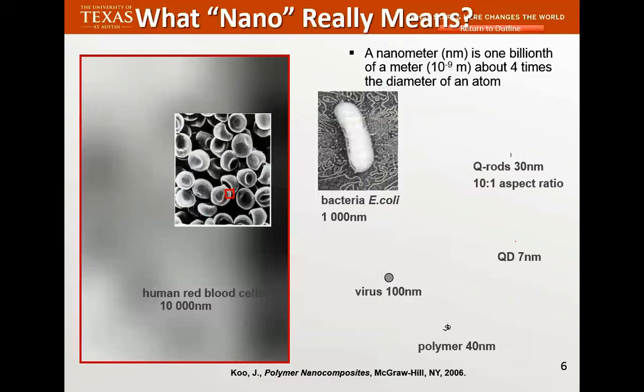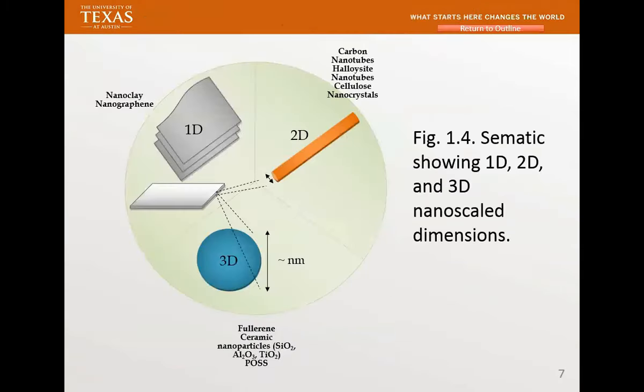Okay, it's 1,000 nanometers. I want you to concentrate on polymers. This is what I call polymer nanocomposite. I don't deal with metal nanocomposite. This is polymer. The polymer coil, the polymer chain, is roughly 40 nanometers. So when you have this polymer coil, this polymer chain, interact with the nanomaterials, you get very different properties. Okay, so that's what I want to hold your attention to.